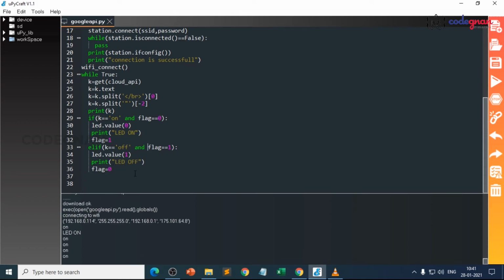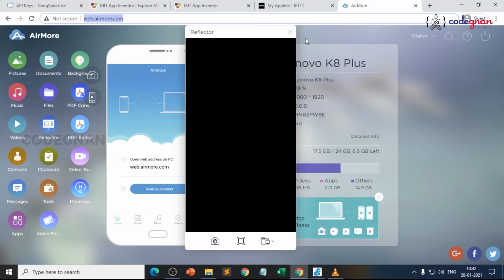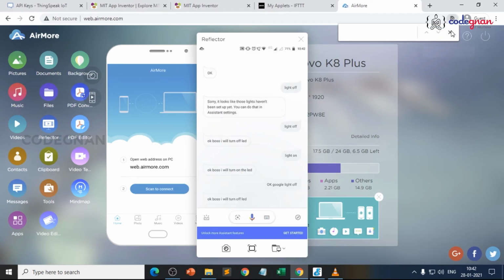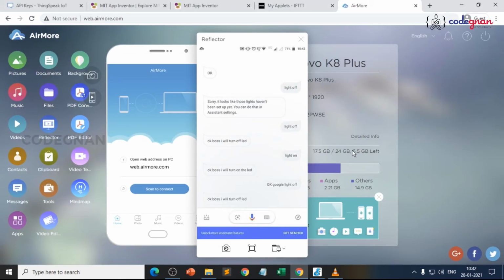So when we say, okay Google, light off. Okay, boss, I will turn off LED. Now it will go into this one. So now you can see my screen here. Air mode. Now you can see on my screen.